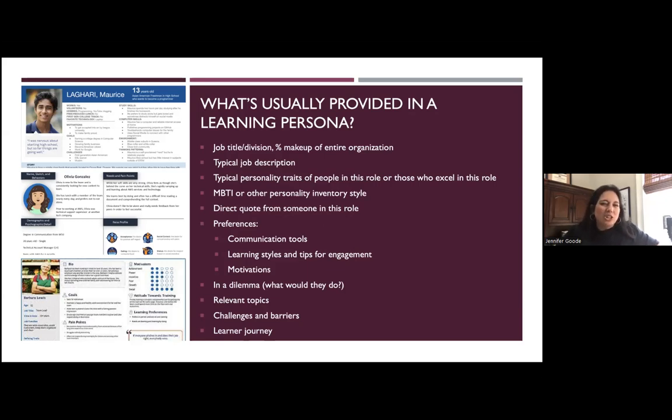And then something called a learning journey. In what way will I encounter this proposed learning experience? Like, this is going to be part of their annual mandatory training that rolls out every fall, or this is going to be the third in a series that is an optional training for folks who want to be managers. Like, what is the journey of how they get to this training and where they're going? And so we kind of map that in some sort of context of a curriculum or a job pathway, or what it is, how they get to this experience that we're about to design.